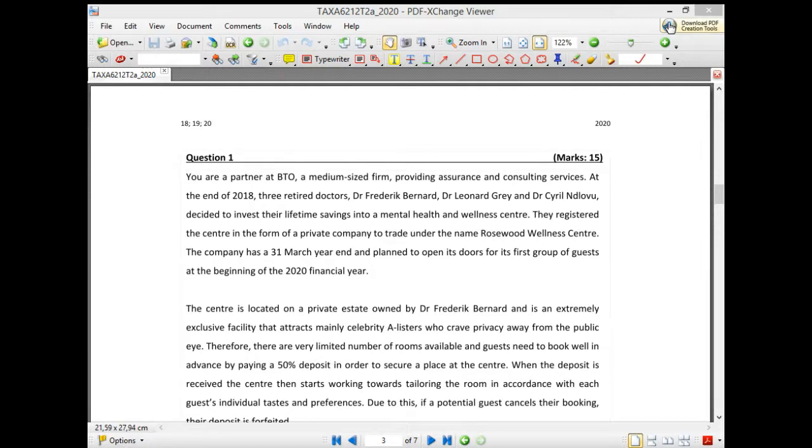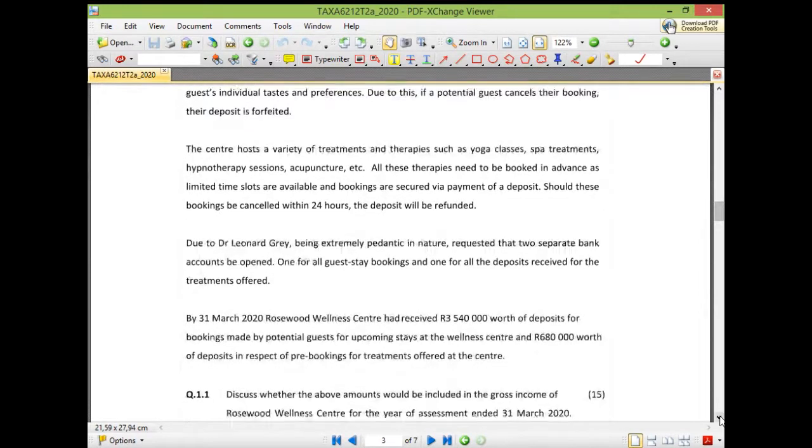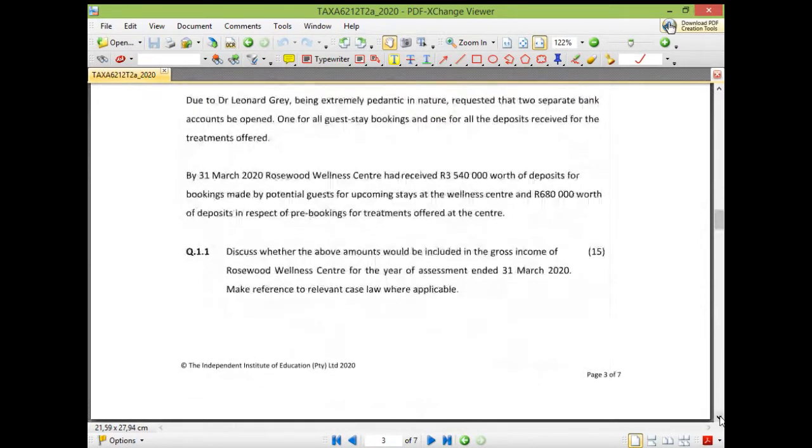So what that also means is you need to know the definitions as well as the case law that links with that specific area of the definition. Okay, so let's go through question one and see what information you were supposed to see. The first thing, like I always say, is you start with "you are required to." So what are they expecting of you?